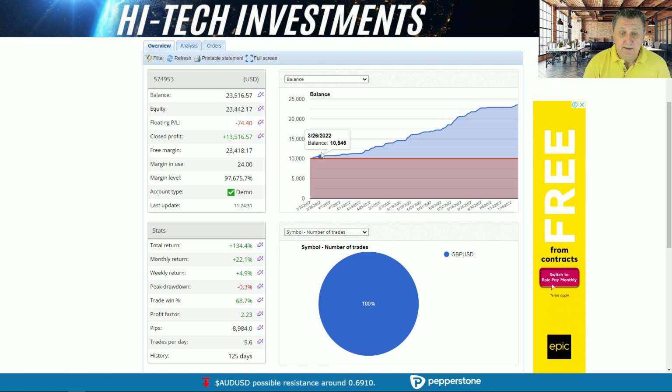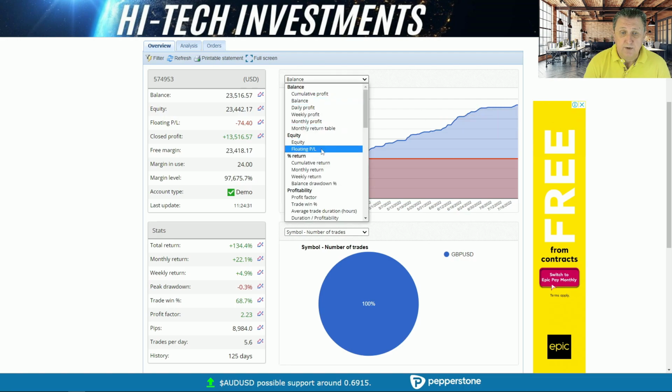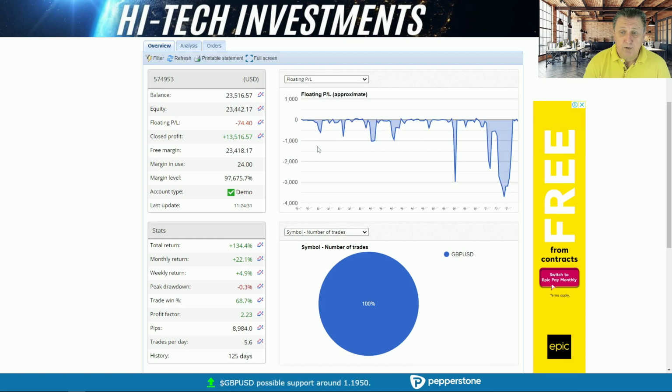And again, the balance looks quite well. This is what we really want to see. There was only one point here where we had a bit of a drawdown, and then after that it started to move again. And this is part of what we're going to have a closer look at on the MT4 platform. So if we have a look at the floating profits, you'll see here that it has been doing quite well, and only very small drawdowns of about 1,000, so 10%, and it has kept within that range all the way